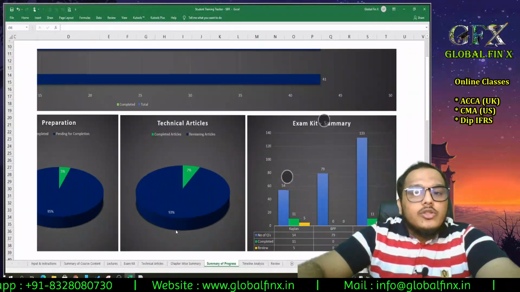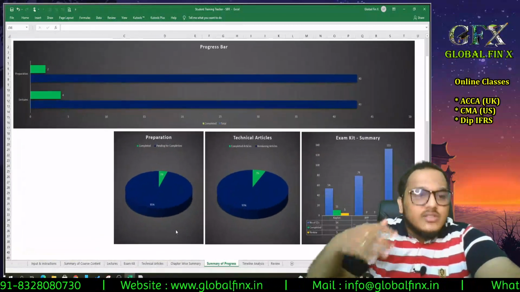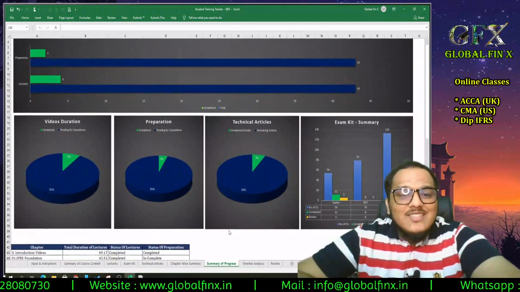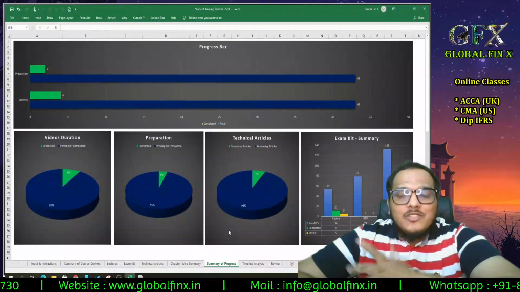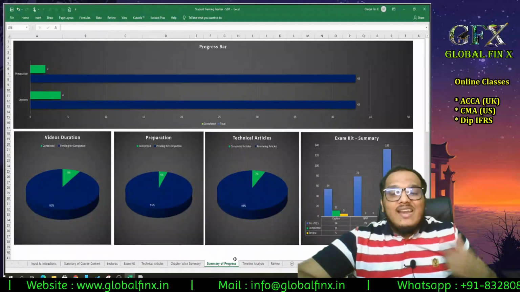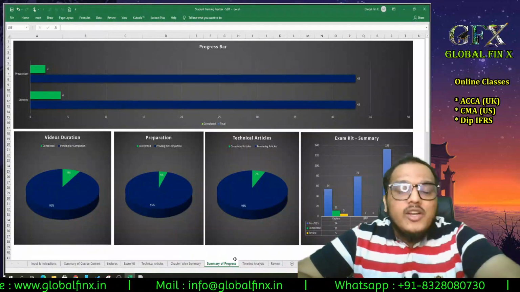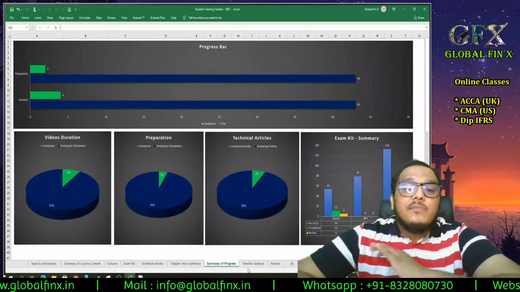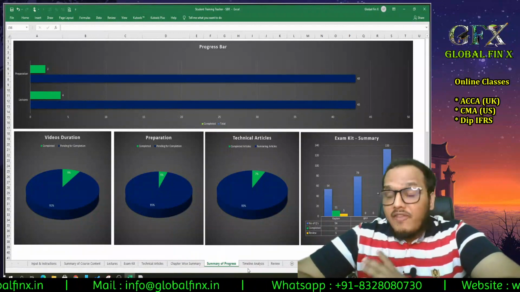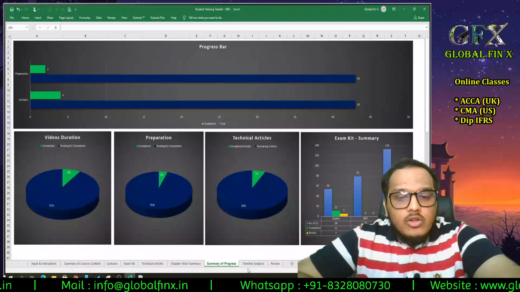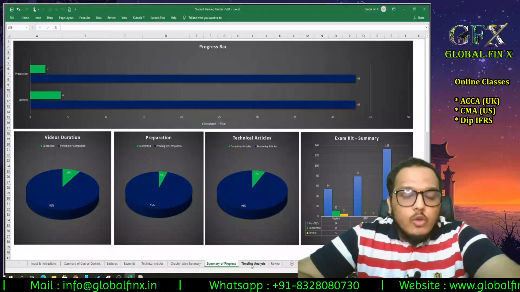Okay, this is just going to give me the summary. This itself is an amazing tool, to be very honest. You guys get the entire overall purview in one single screen. But next comes the even most important utility of this particular sheet. This is something that I have worked for more than 5 hours, I guess 5 to 6 hours, to make it so easy for you guys.